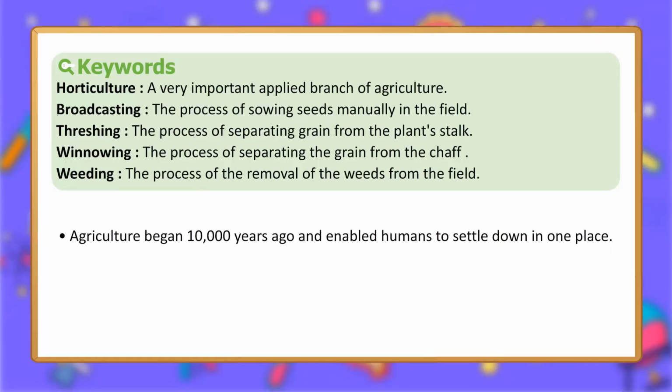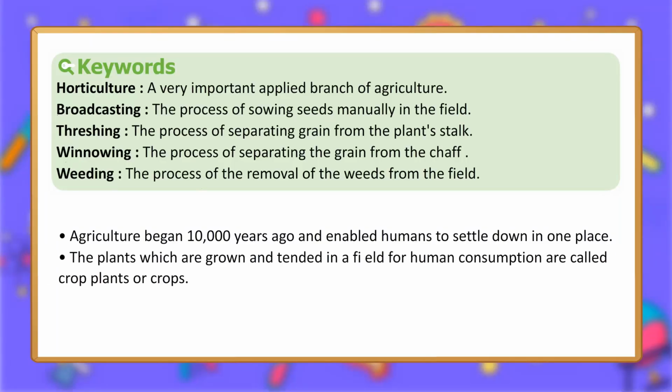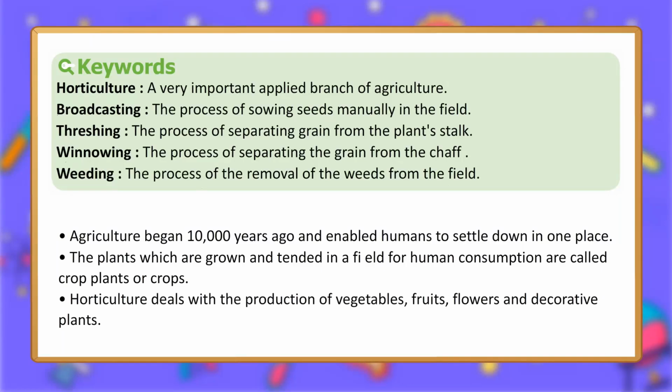Summary. Agriculture began 10,000 years ago and enabled humans to settle down in one place. The plants which are grown and tended in a field for human consumption are called crop plants or crops. Horticulture deals with the production of vegetables, fruits, flowers and decorative plants. In modern agriculture, step-by-step methods are: